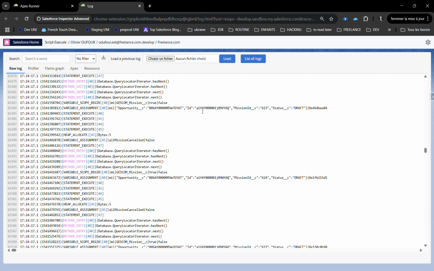There are many things that I need in my daily job that I use every day, and so I want to share with you what's new in Salesforce Inspector Advanced. So Salesforce Inspector Advanced is based on Salesforce Inspector Reloaded, which is based on Salesforce Inspector. So first,